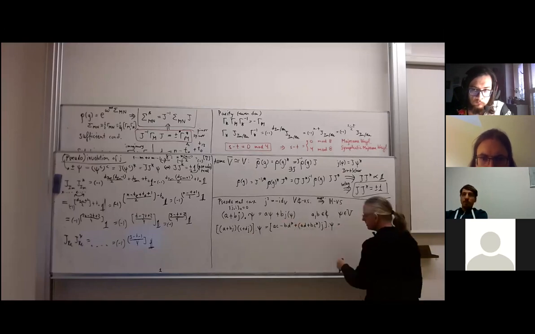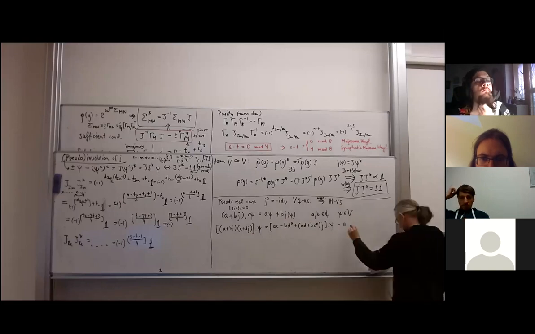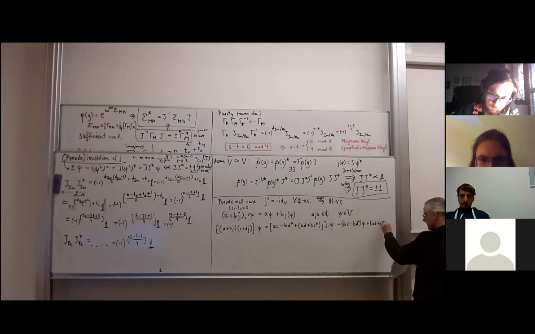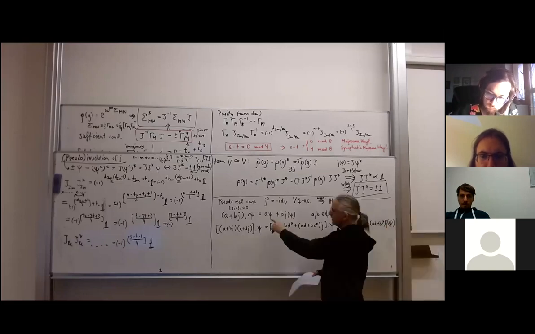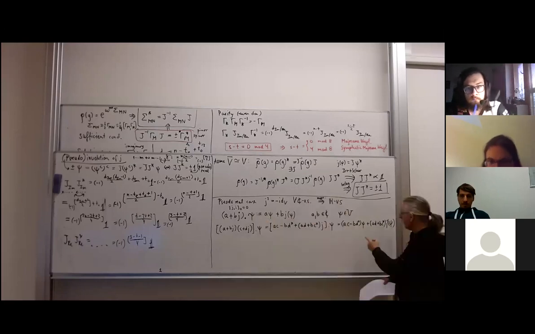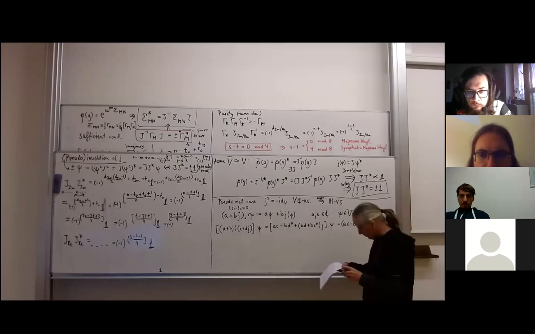So this is by definition the same as AC minus BD star psi plus AD plus BC star J psi. So here we have used the definition of the action, how this is supposed to act on that. That's the definition. And now the trick is to rearrange this as